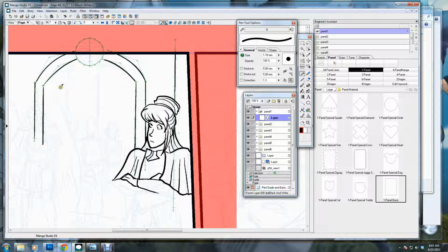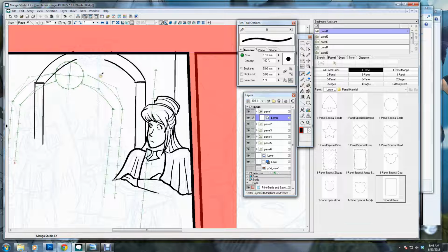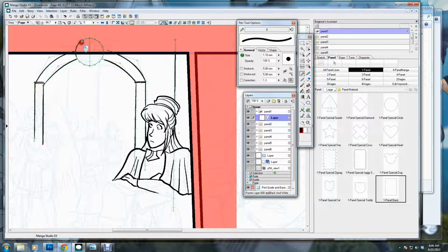And what I'm going to do is push the S key to rotate this away so you can see the ink work. I couldn't see this before because there's all these green lines around, but now that I've rotated that away, I can fix some of the joints, and maybe I'll add some decorative elements here to fix the mistakes that I made. Okay, that looks pretty good. I'm ready to use my rulers again, so I'm going to use the A key to rotate everything back. It's in the exact same place as when I drew it, so I'll continue with the circle part and